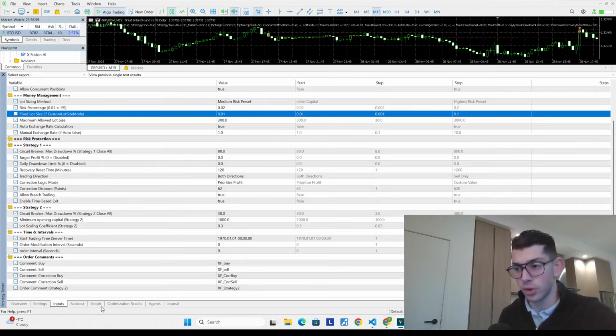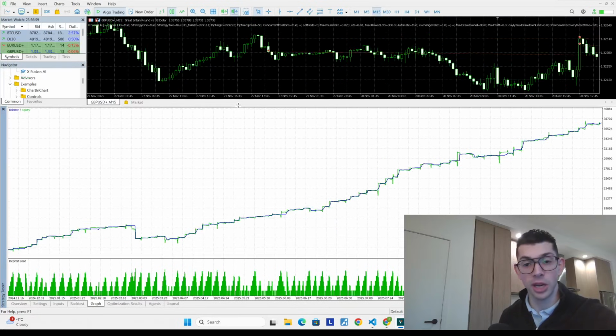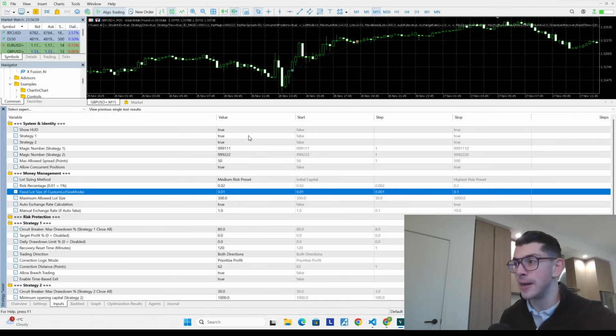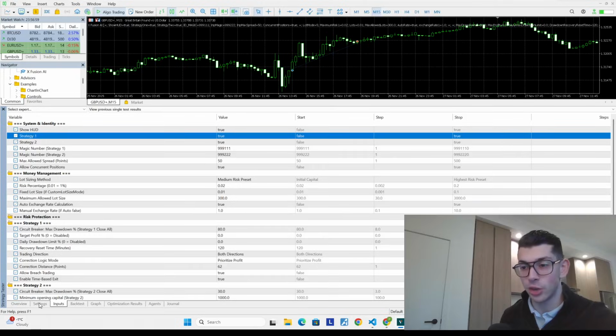So honestly, for a grid system, this looks pretty solid and pretty interesting. I'm curious to see how it performs live for a few more months, but if you like this style of bot, it could be a pretty interesting option because there doesn't appear to be too many smoke and mirrors behind it. In terms of the AI side of things, I'm not seeing any place to actually load it,